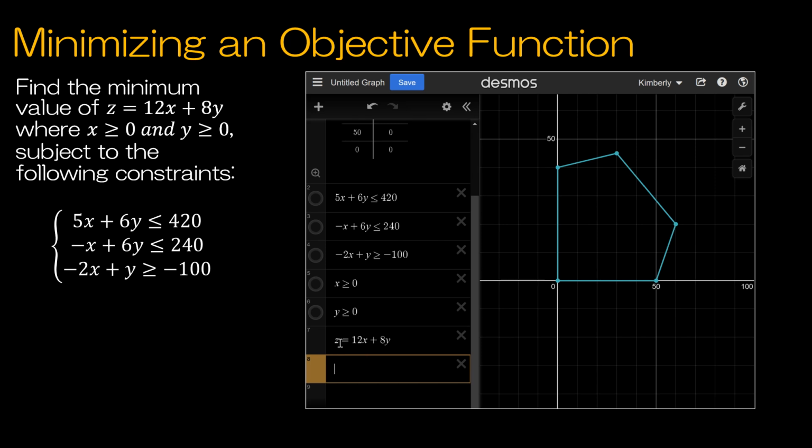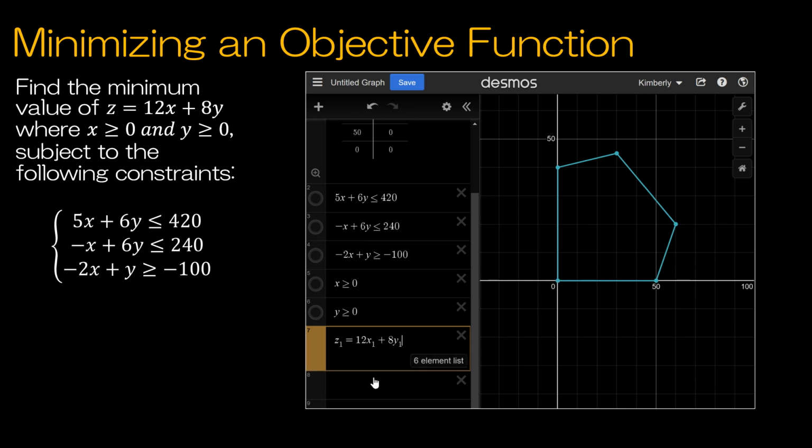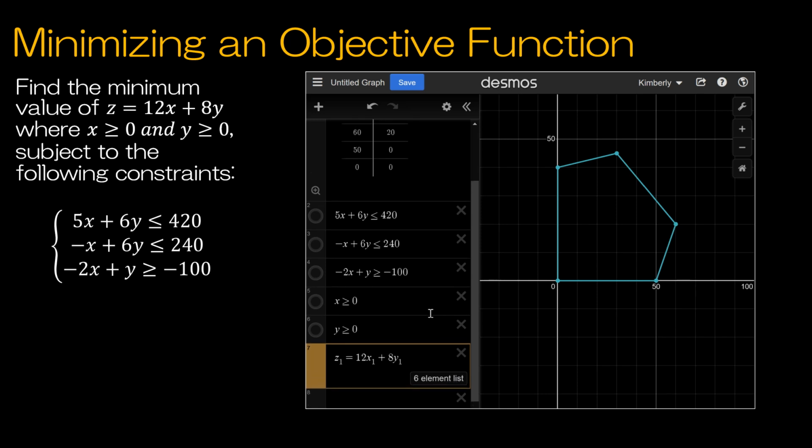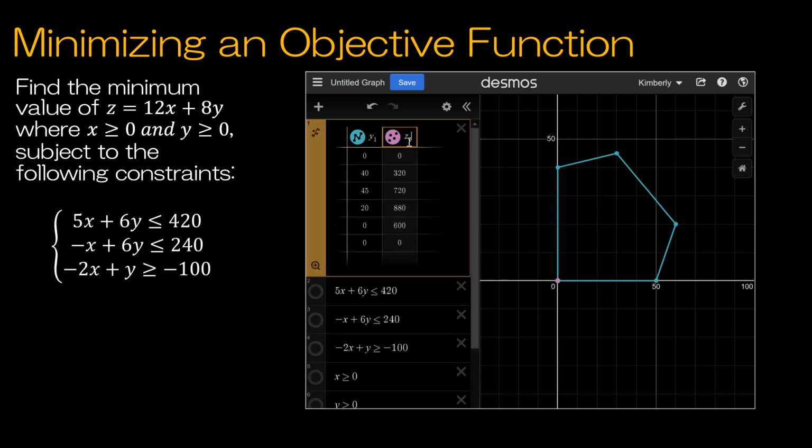So instead, I'm going to say z1 is equal to 12x1 plus 8y1. And notice the magic that happens. It says 6-element list. Now, you would think you could just click on that and find out, but you can't, but that's okay, because what I'm going to do is up on my table, I'm going to tab over and just enter z1,